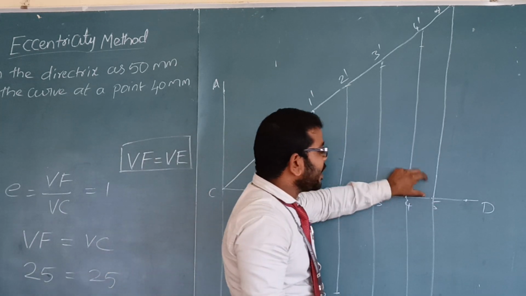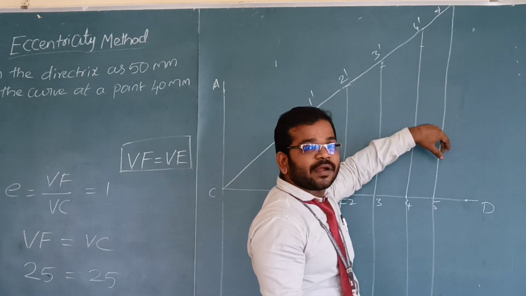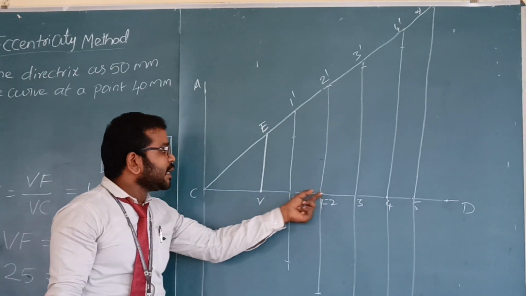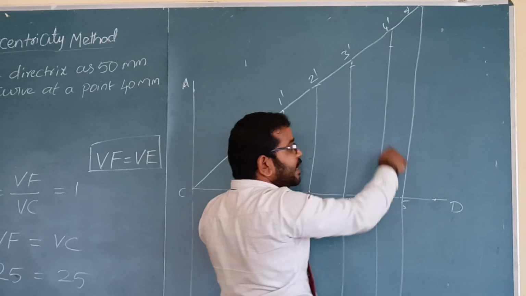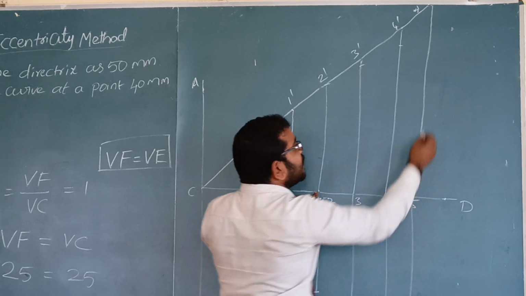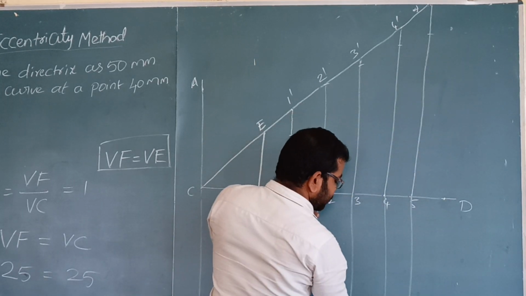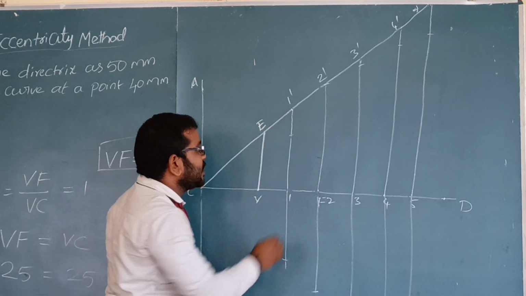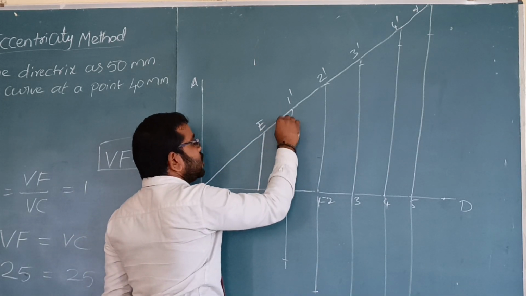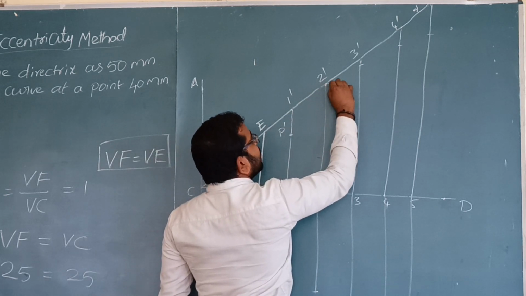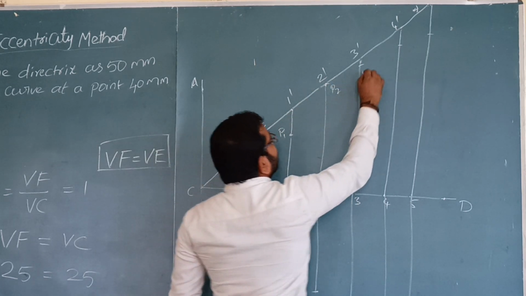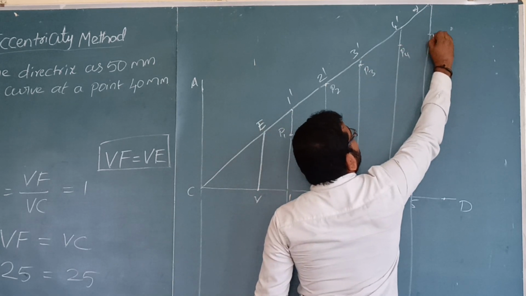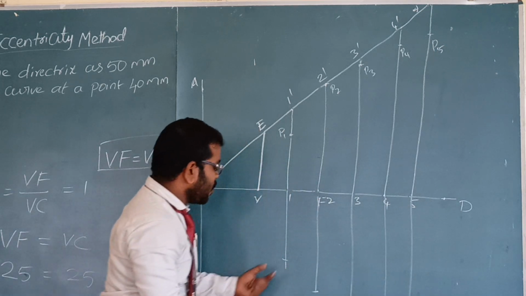Next, take the 5 dash vertical line as a radius in your compass and with F as a center cut the 5 dash line above the axis line as well as below the axis line. Where these arcs and the vertical lines intersect, make points P1, P2, P3, P4, P5, and below also.